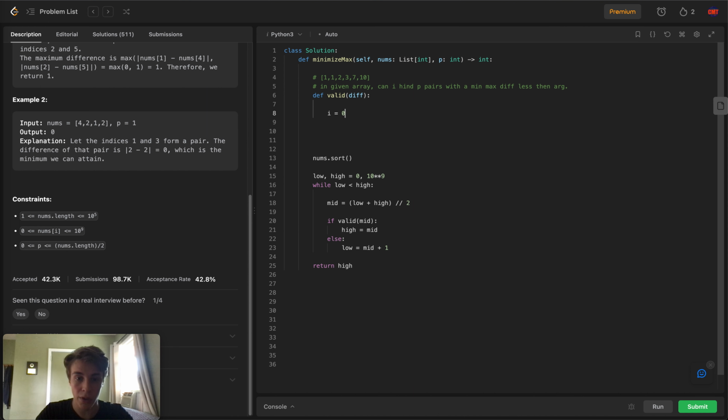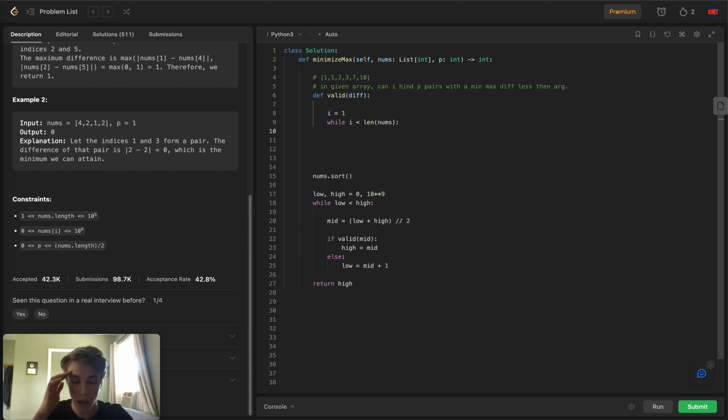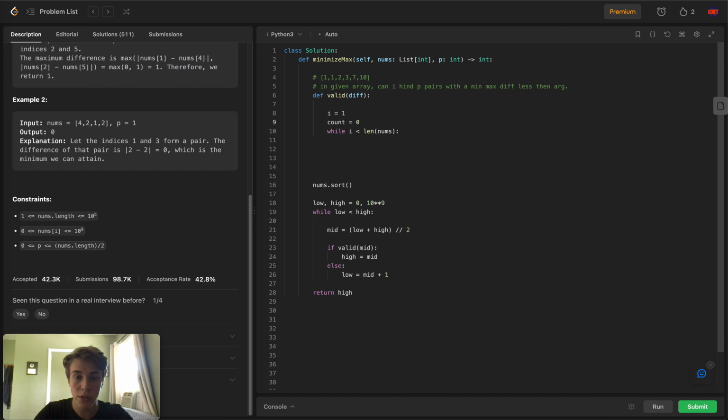So i is going to be equal to 1, while i is less than len of nums. What do we do here? Okay, we also need a count. Count is going to be 0 initially, and we're going to see if count can reach at least p or more,